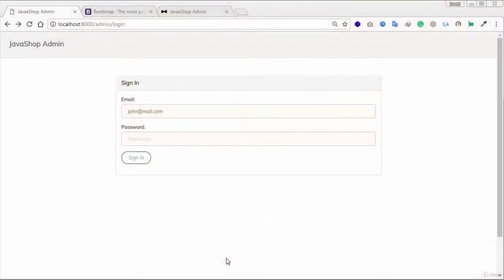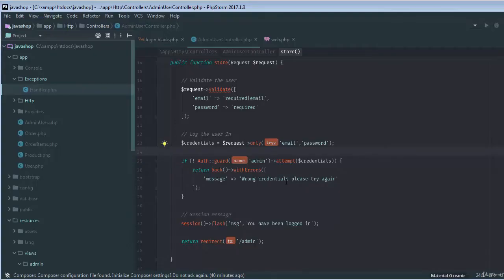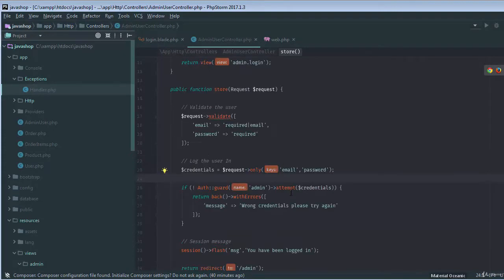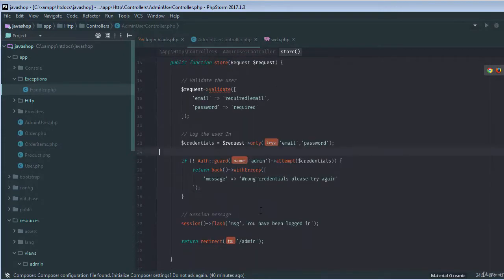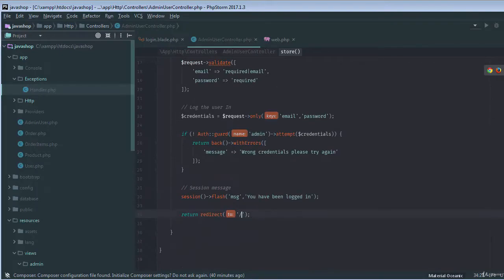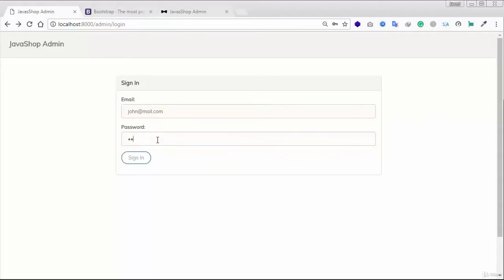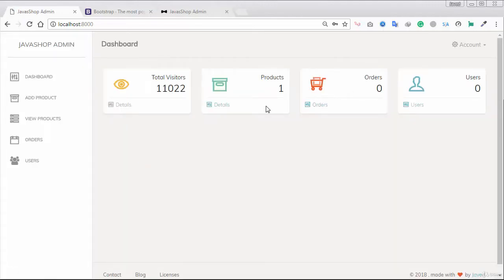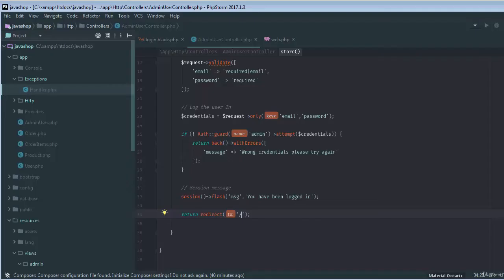What's up guys, so we just created our guard and admin controller, and our login is working. If you just go to our admin controller and redirect back to dashboard, and I log the user in again, you can see it is being logged in. Now we need to